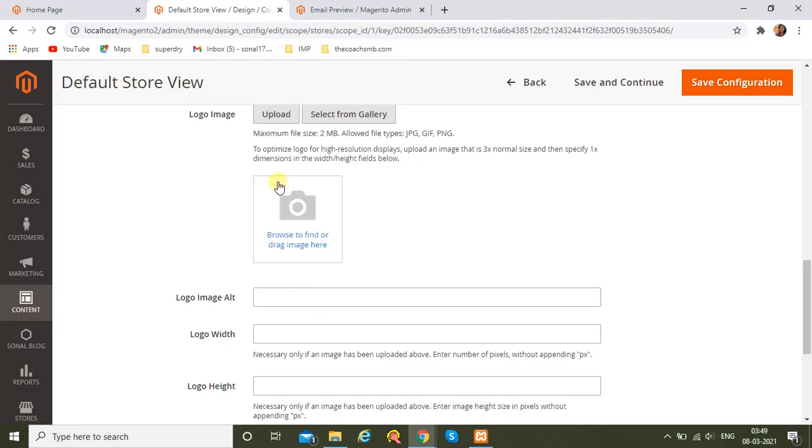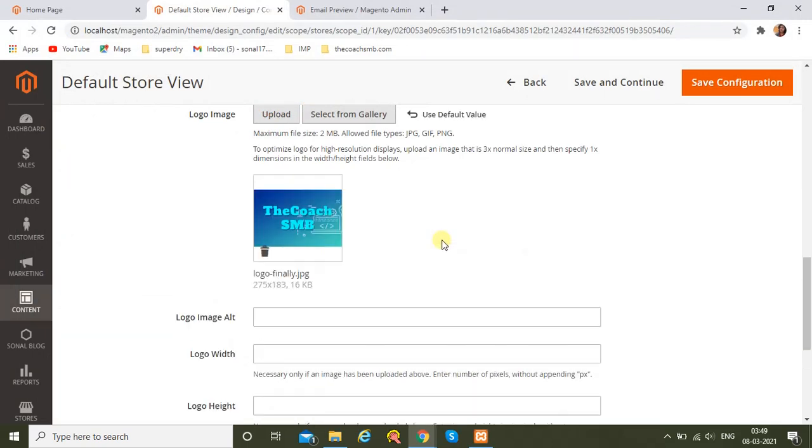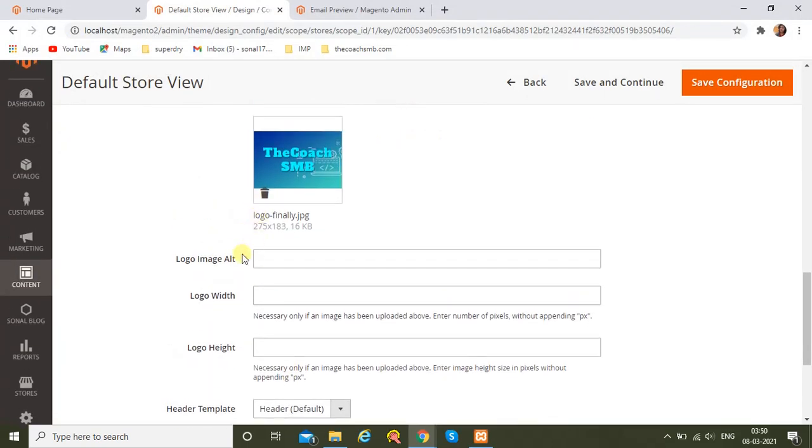So we have all these configurations which we can update. Normally the logo image should be uploaded at three times the dimension we expect for the logo. I'm just uploading one of my sample logos here.